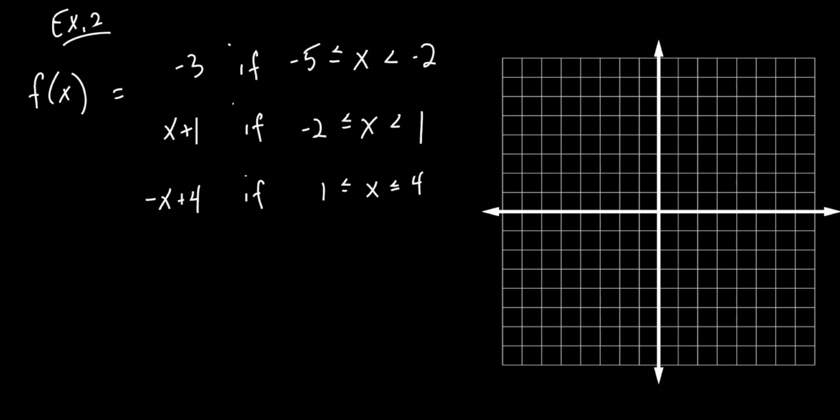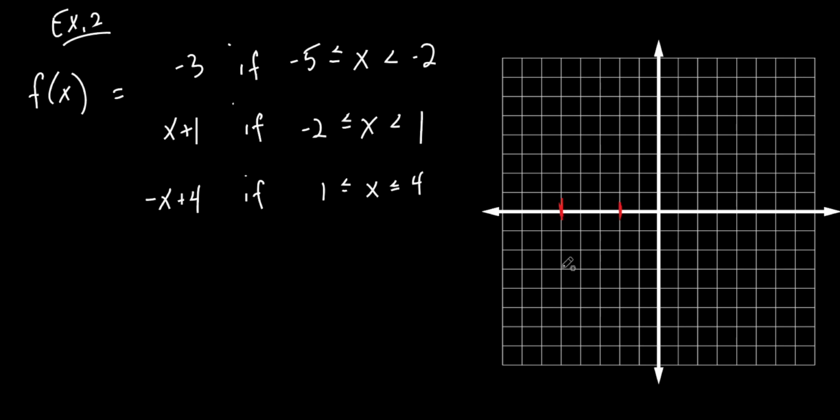We can do this pretty quick now, I think. Here's your restrictions. Let's graph it. So it's f of x equals -3, or y equals -3. So it's going to be a horizontal line, correct? But what's my restriction between what? -5, 1, 2, 3, 4, 5. So I can only go from here to where? To -2. So I'm going to graph a horizontal line that crosses through -3, but it only goes from here